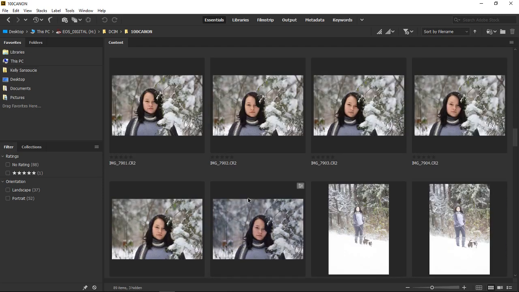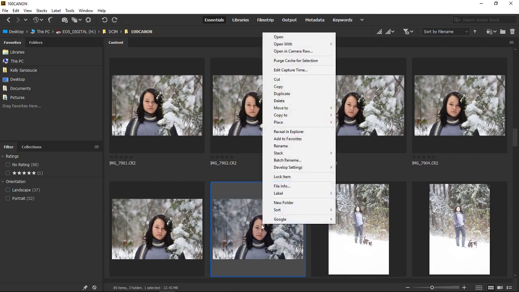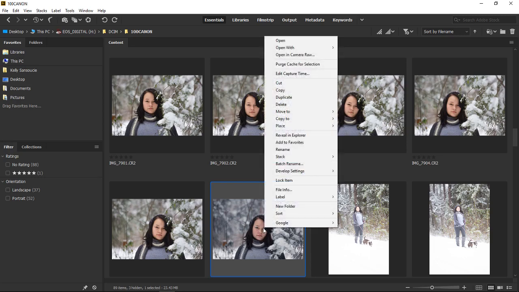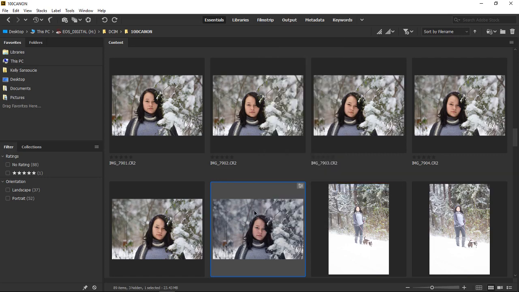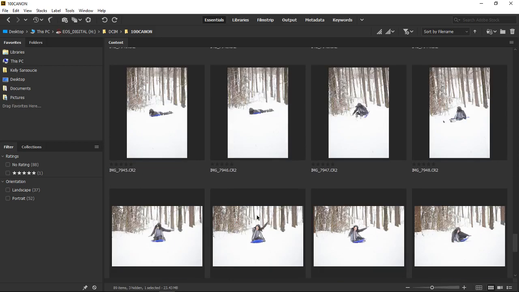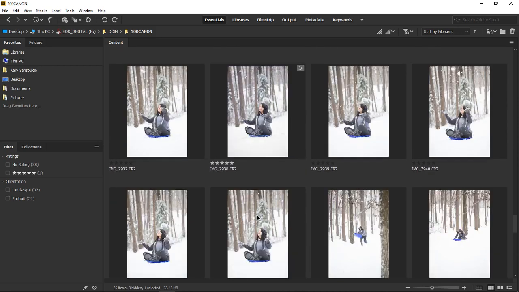So I've already edited a couple of them. Here's one. And I want to use these same settings that I used. I make some small adjustments in the beginning in Camera Raw, and then I load it into Photoshop and polish it up. So I want this same look, so I'm going to right click and go to Develop Settings and Copy Settings, and then I'm going to find the photo I want to do next,